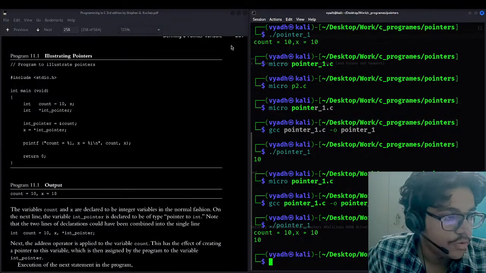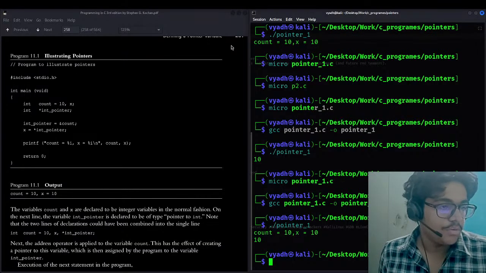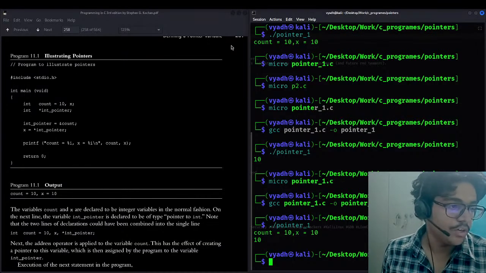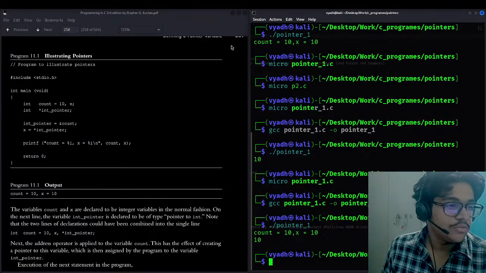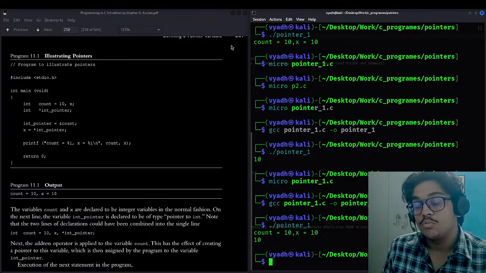I know about buffer overflow. Learn what I am researching about reverse engineering. Which editor are you using for C? I am using Micro. Researching for reverse engineering. Yes, we will be doing that soon, brother.